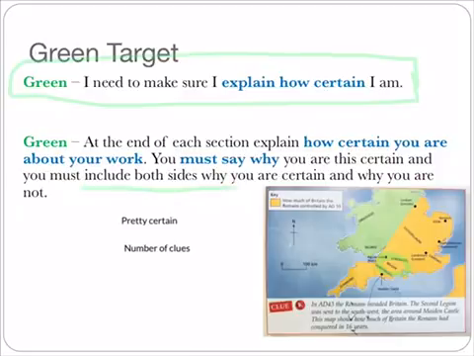Okay, you must include both sides, why you are certain and why you are not. It's probably that bit that you haven't done, and that's what you need to do. So you see, I'm pretty certain because, however, I can't, and that's a good phrase to write, so I'll type it. Okay, however,